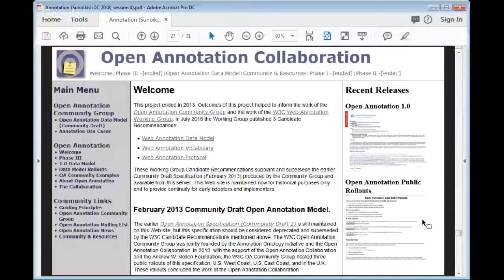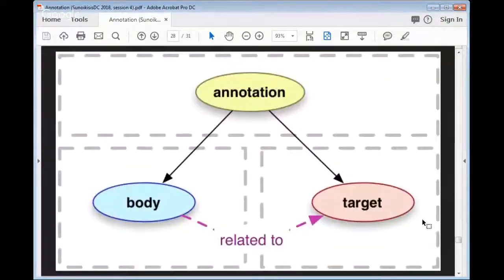It's now a W3C standard for web annotation, and this is how they identify an annotation. You can see this is a very, very simple diagram, because it's a very, very simple concept. You have an annotation, and the annotation has a target, the place you're pointing at, and the annotation has a body, which is what you say about that annotation, and there's just a relationship between the body and the target.